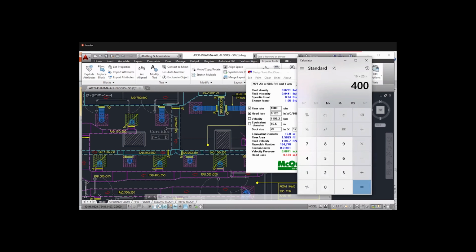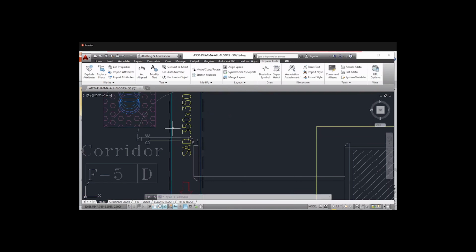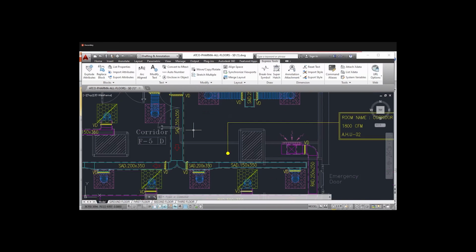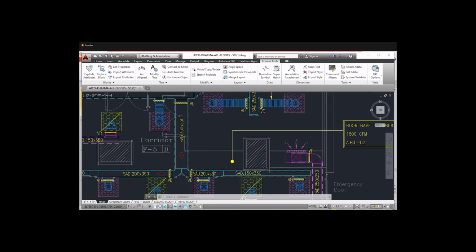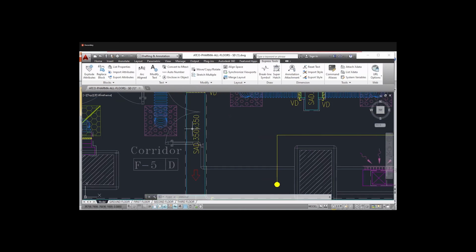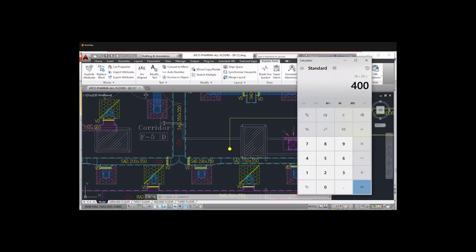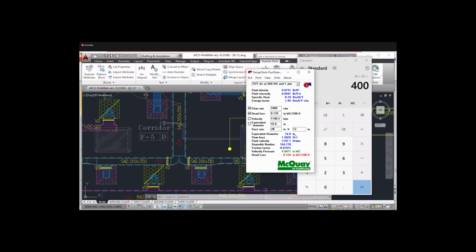400. What is the size here? 350. Okay, maybe they have designed it accurately, but we can take it as 400. 400. And what is the head loss here? 0.125 and 0.124. It's less than this one, so it's okay.